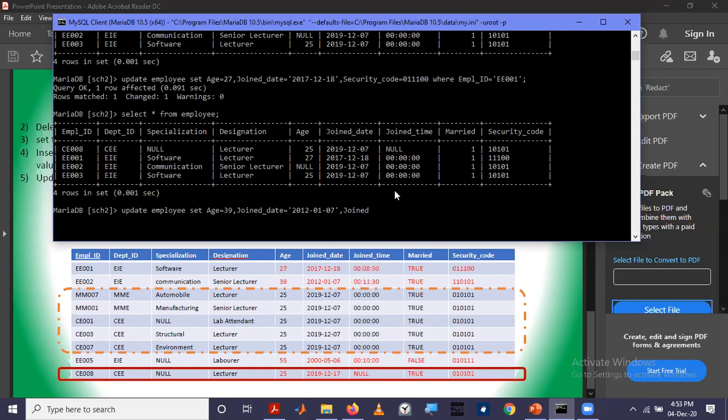Join time this one. Join time 30, and then at last security code. Security code equal this one.